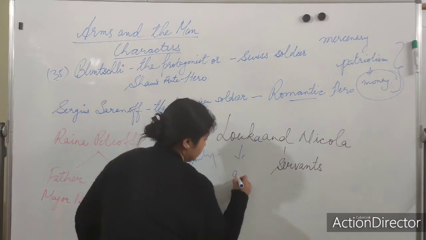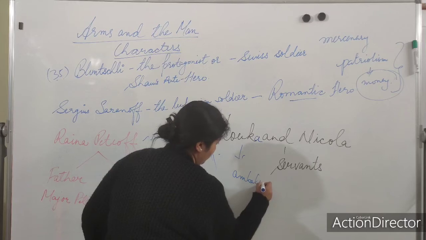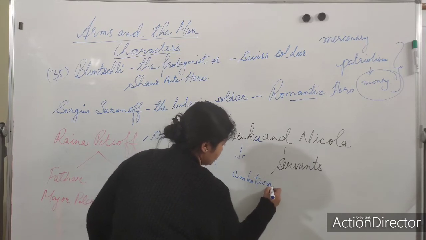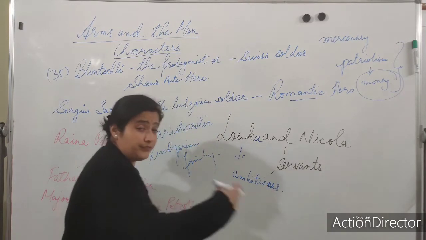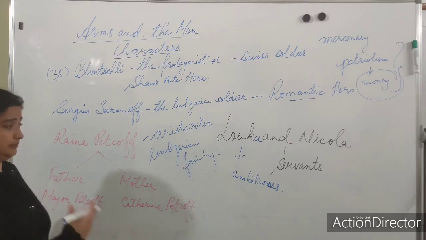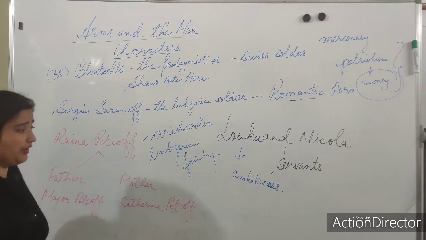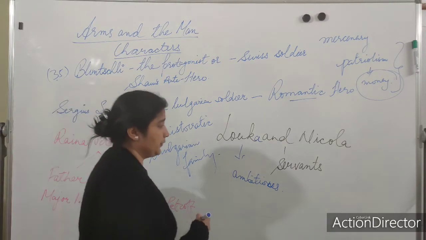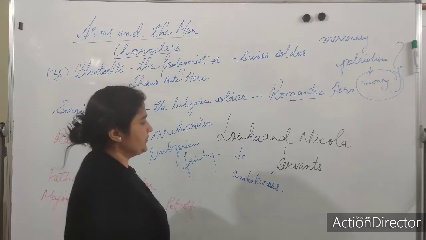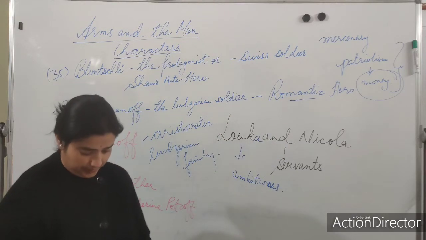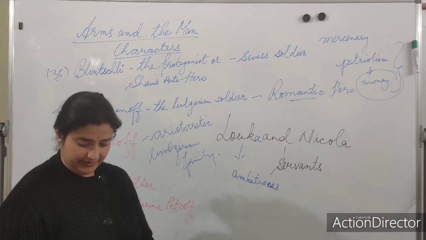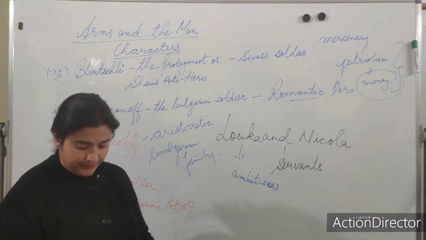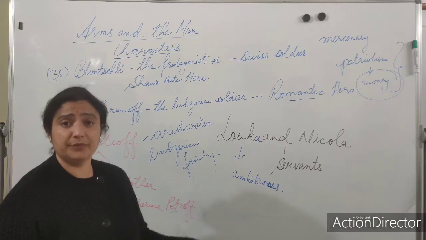Shaw has presented her as a strong and ambitious person, right? And the opposite is Nicola, the middle-aged man's servant, and he has the ambition to set up himself